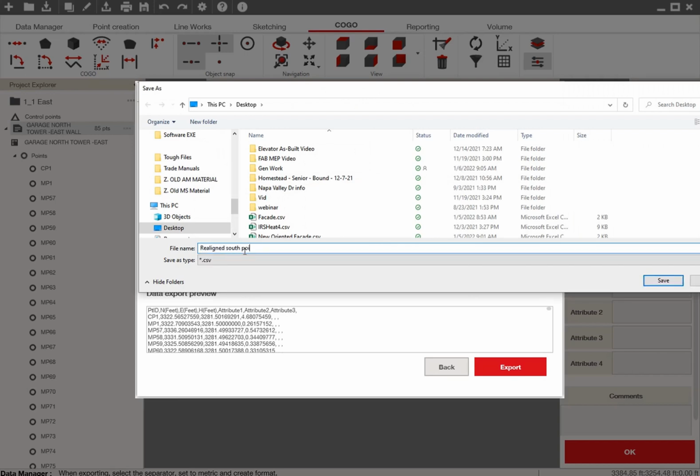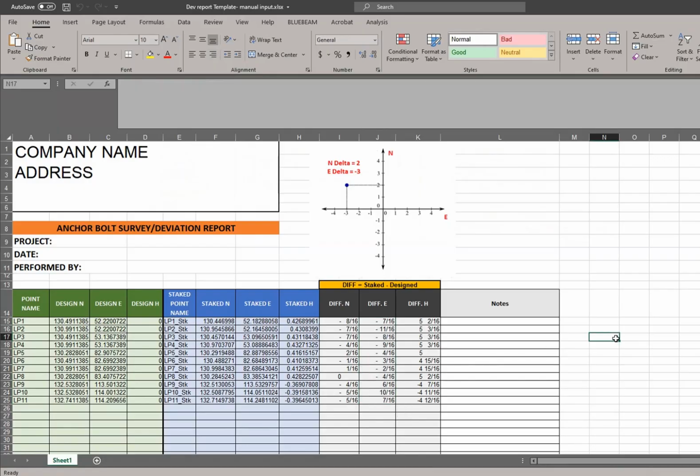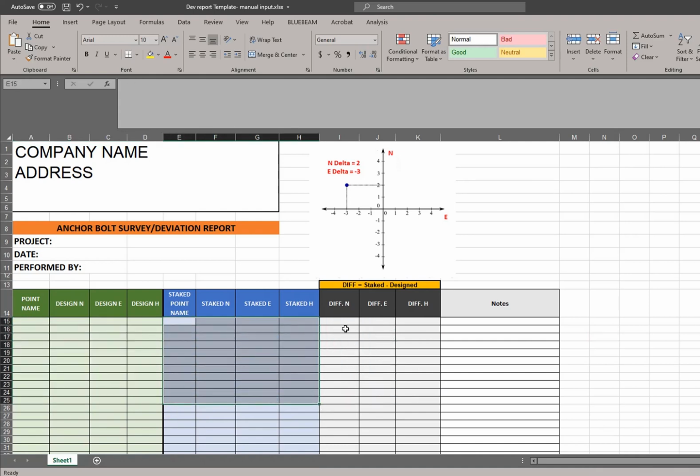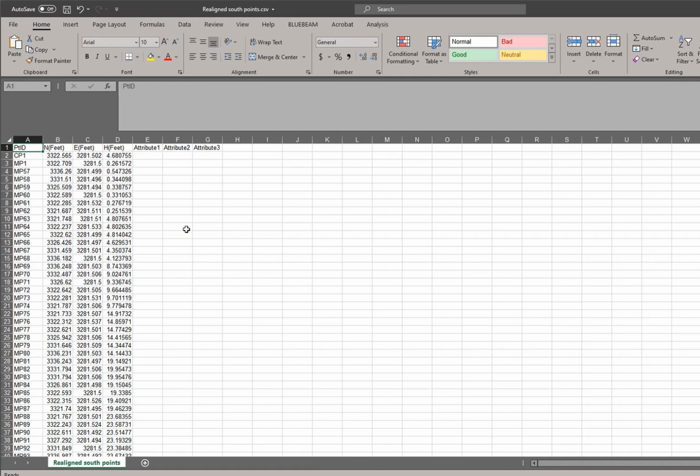south points. Now if I open up my template, all this information in here I no longer need. I'm going to be importing new information. This is just simply an Excel file that I have set formulas in here that will give me the differential of these points in units of inches. So what I went ahead and did is opened up my realigned south points CSV file in Excel, and I'm going to search for MP1, which is right here,